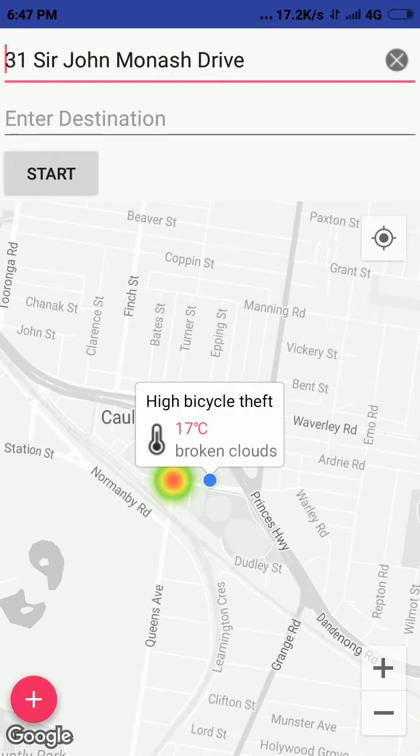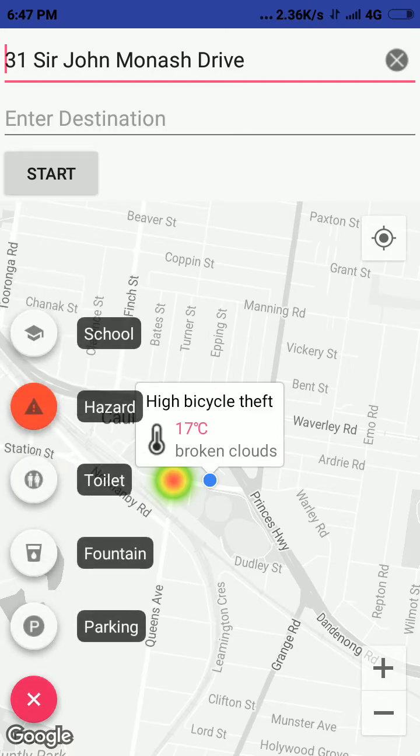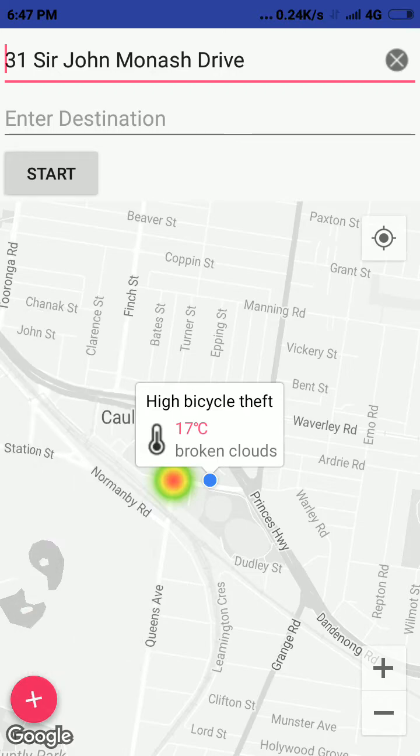So as you can see, it takes me to my current location, which is in Caulfield. And by default, it shows you the nearest accident hotspots using a heat map to my current location. If I were to open this button, you'd see that the hazard is by default pressed. So this is in relation to our first user story, which is to show you nearby accident hotspots to your